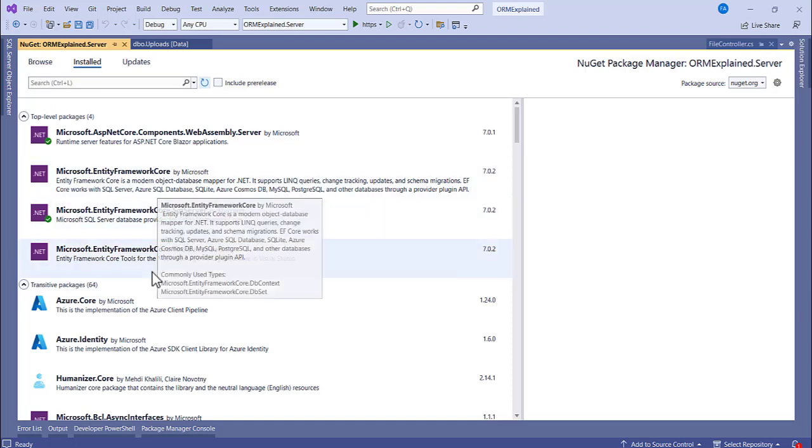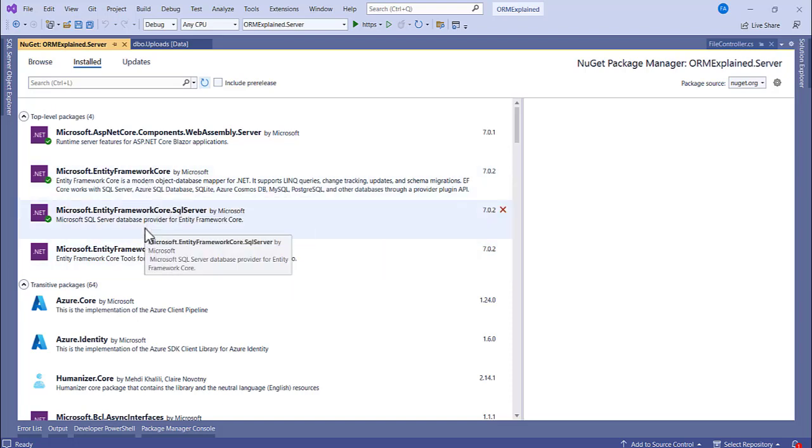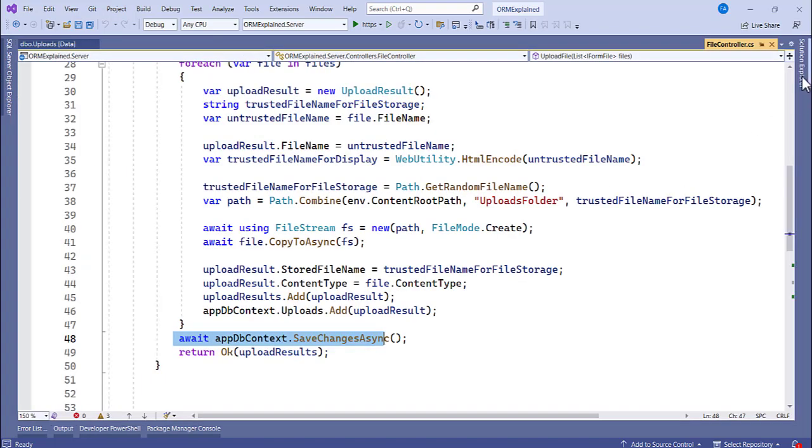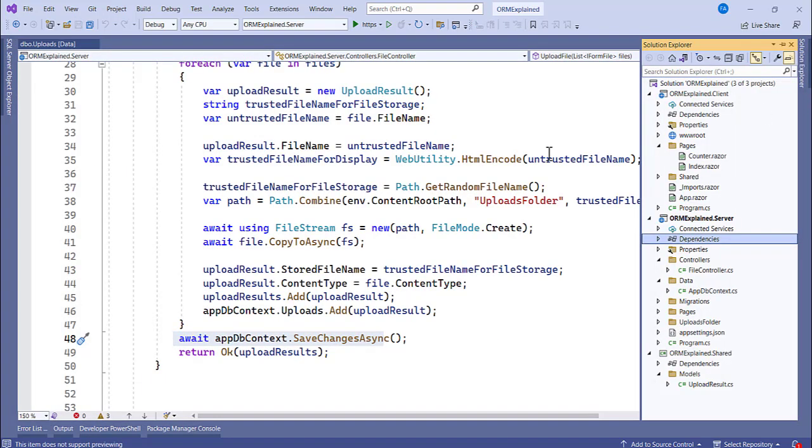So these three packages, that's what you need to install on your application, the server project. Now once you are done, you have to create a connection string because we want to save the picture data or the file data information into the database. So we have to create a connection. We do that in the server